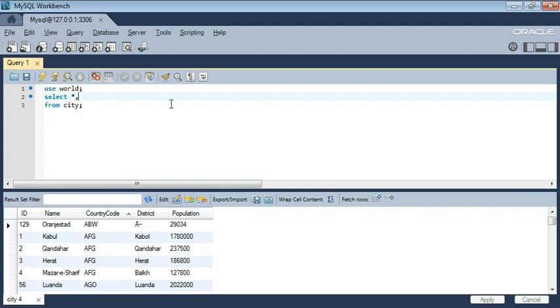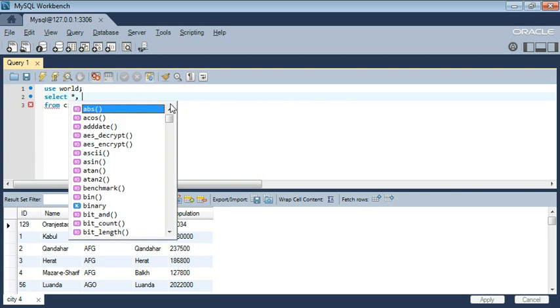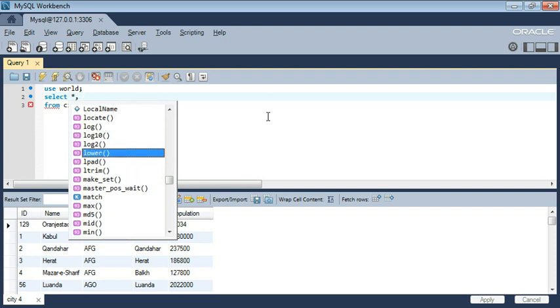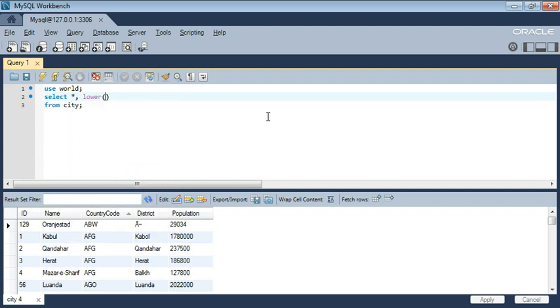So I'm going to put a comma there, space, and then I'm going to say page down to the lower function. You can press Control Space to get the function menu to come up if it doesn't pop up. So page down to the lower function, press Tab. Then within that, I'm going to type in country code,